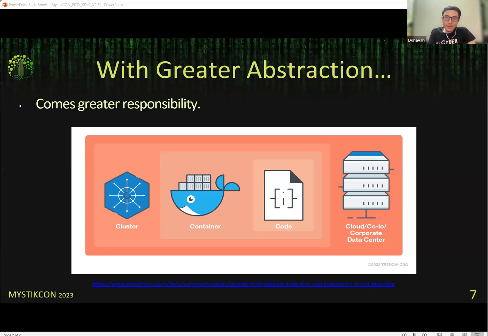And how do they speak to one another? Well, you write all of these as code. Infrastructure as code, terms you have heard before. In other words, pretty much everything that you have today has some form of abstraction. And with greater abstraction comes greater responsibility, for the very simple fact that it is not all that clear nowadays when systems are being deployed what exactly the threat surface is. Okay, the next slide.